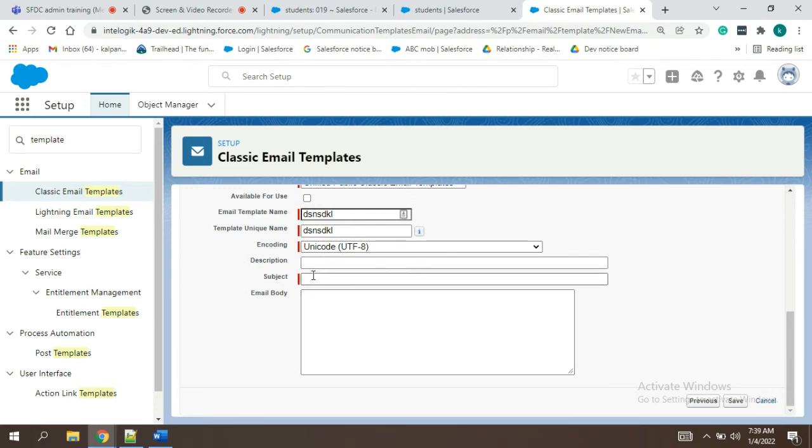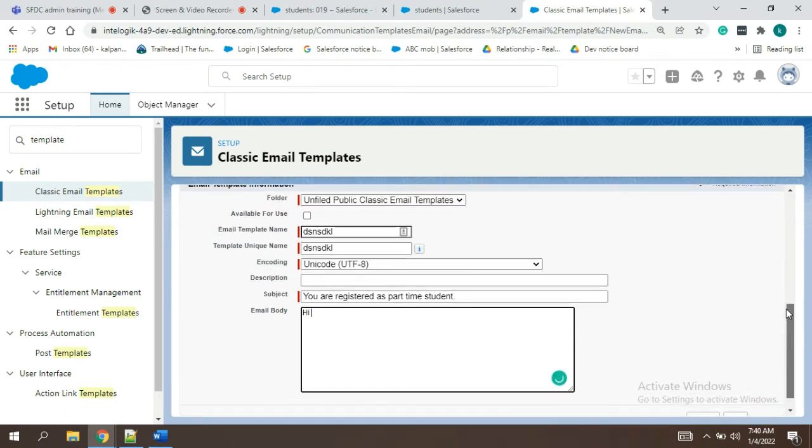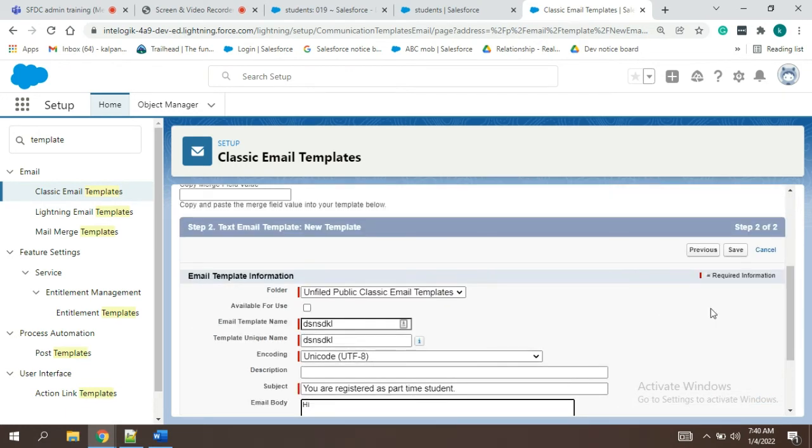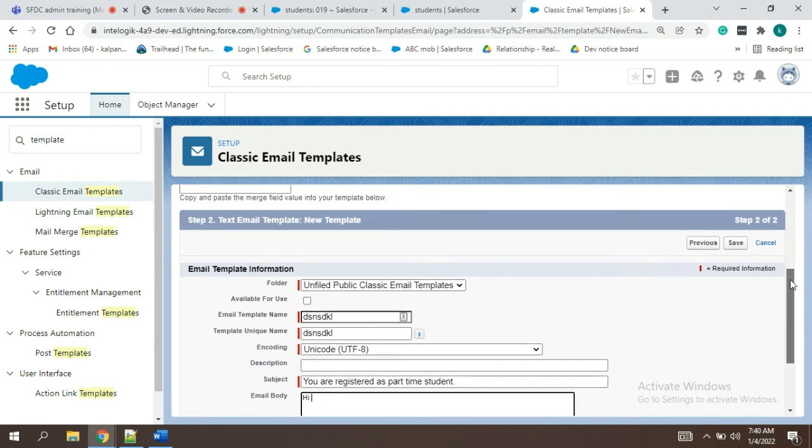So you want to send, hi, you are registered as part-time student. Okay, hi. So even we can customize things, but not here. We have one more where we can add the fields also directly.